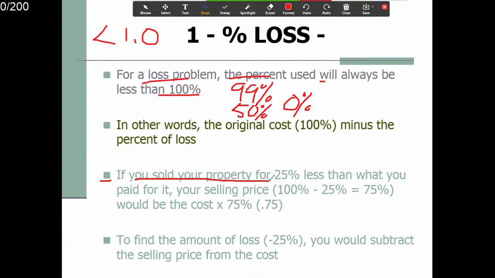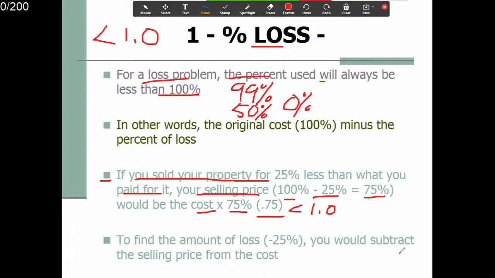Again, if you sold your property for 25% less than what you paid for, right? Your selling price is minus 25%. You only make 75%. So it would be the cost times 75%, 0.75, which is less than 1.0. So you have a loss. Okay. 你卖你的房子低于你买回来是1/4，right？25%。所以呢，你现在拿回来这个钱只有0.75，小于1.0，你就有亏了，right？